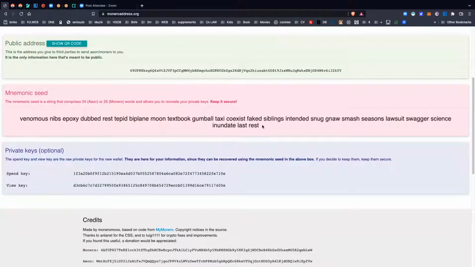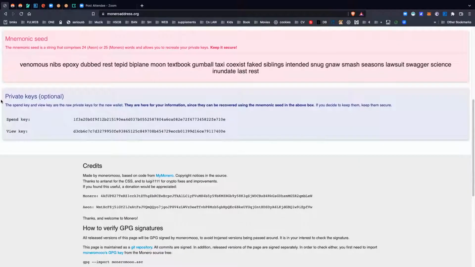Effectively, that's a way of writing down your private key, so you can carry that anywhere, and you will always have access to your wallet once you have your mnemonic seed. You have your private keys here: spend key, view key, and